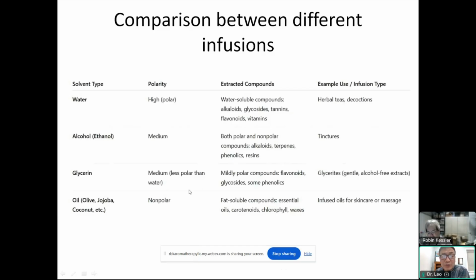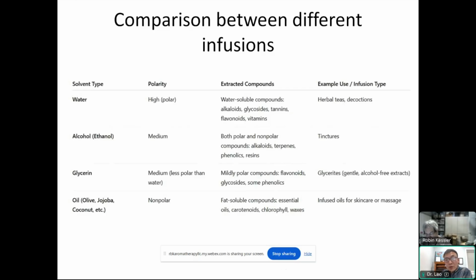And glycerin is a mild polarity, but because it's a large molecule, it extracts fewer compounds, mostly flavonoids, glycosides, and some of the phenol antioxidants. And the oil normally uses olive oil, jojoba oil, or coconut oil. Those are non-polar, and they dissolve the fat-soluble compounds, including a bit of essential oil,